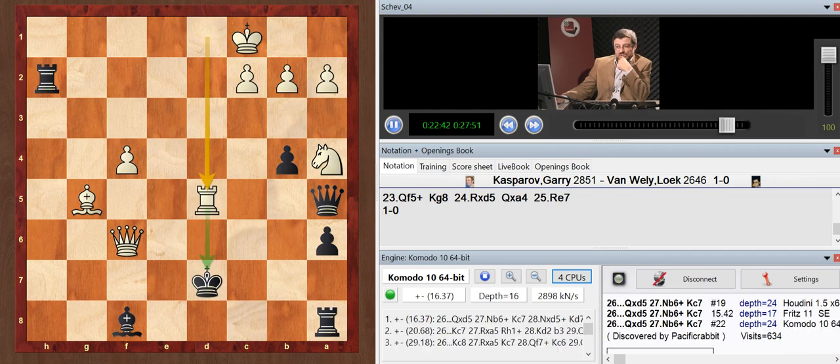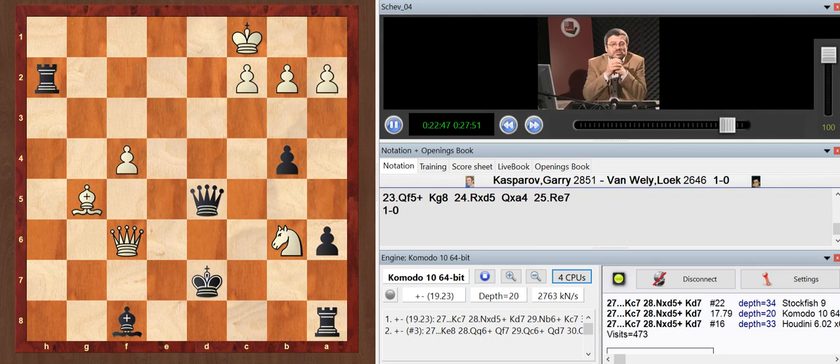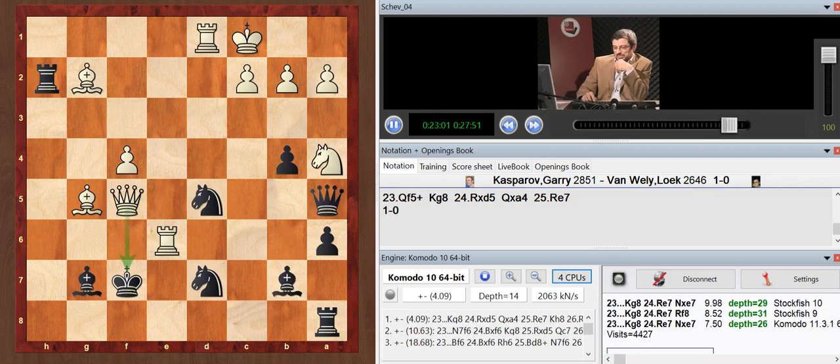The fireworks work perfectly for white, and after knight b6, it's obvious that white is winning. I mean, he will not only be materially ahead, but he keeps all his attacking pieces, and this is simply unplayable for black, so that wouldn't have been possible.